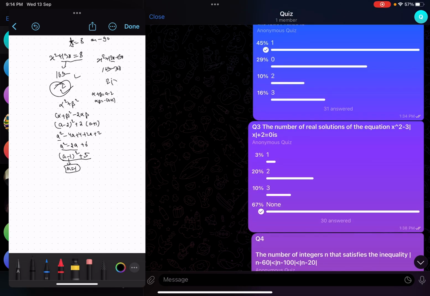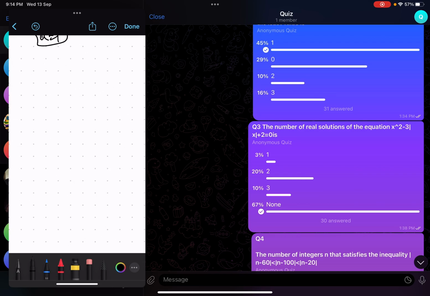Now let's come to the next question: the number of real roots of the equation. This is a very easy one, you have to simply make two cases, or one case will also work. X is greater than or equal to 0. So x square minus 3x plus 2, no need to even factorize, you can directly think of this 2 and 1. Now think, will the negative values be possible? Instead of writing everything and solving, just think: negative values will be possible now, because here we have mod x, so mod of negative x will be the same. So minus 2 and minus 1 will also satisfy, so a total of 4 values is the answer to this question.